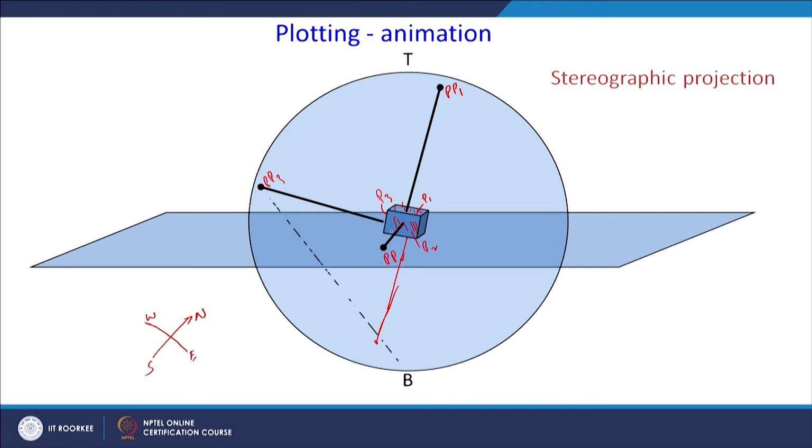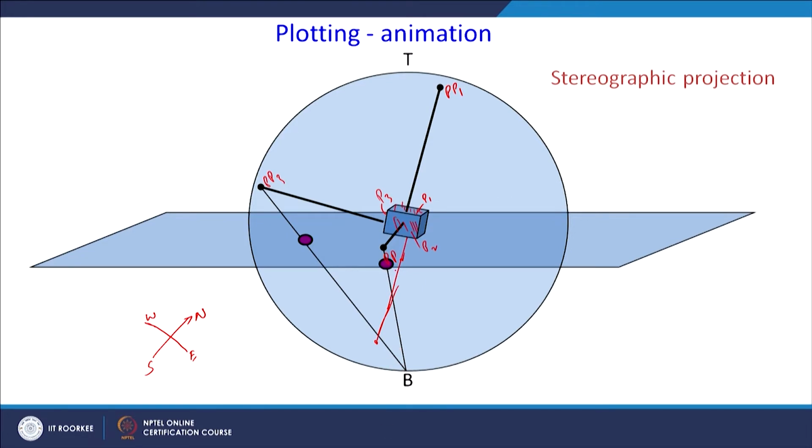Now I am connecting this pole with the pole of the bottom hemisphere. When I am doing this projection, this particular pole is projected on the equatorial plane like this. Similarly, I will join this pole with the bottom hemisphere pole.